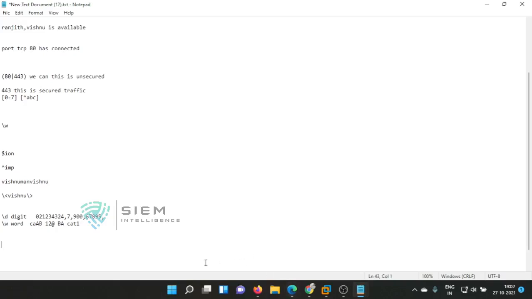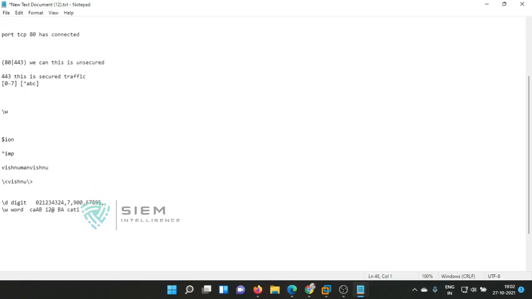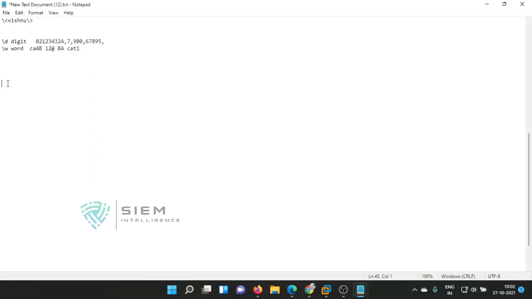Is my screen visible? Yes. So the question is, if you want to pick up something like dates, there are multiple conditions where I am giving various options: 23 March 1990, and 23/03/1990, which are the three conditions.